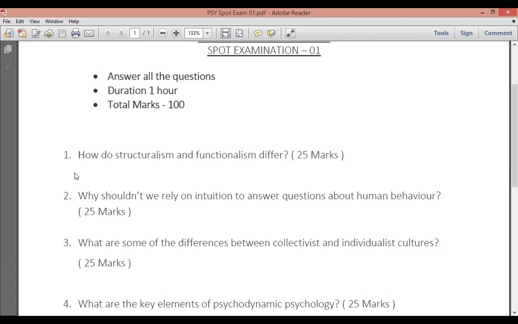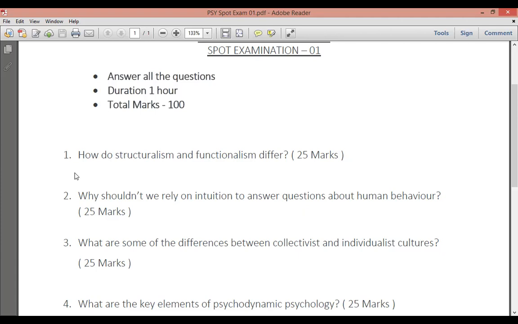So actually, also remember, when you are answering the question, in between, have the habit of reading the question again and again while you're answering. That is a very good habit you have to follow. Not only in this examination, in whatever exam you're writing, while you're answering, read the question at least 2 to 3 times again and again.